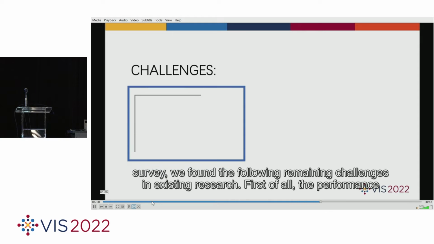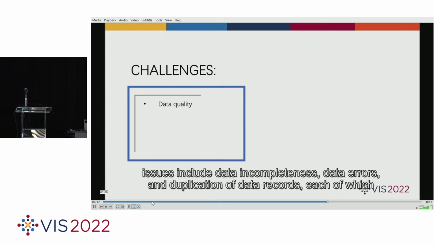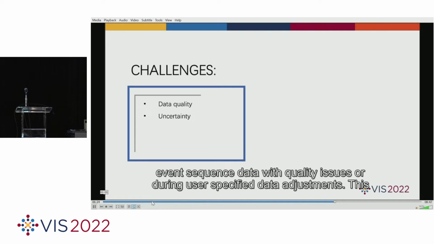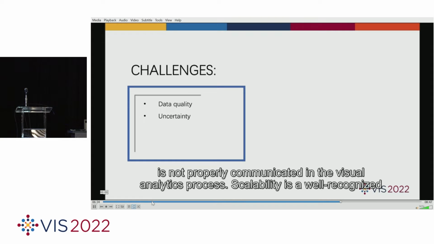Based on our survey, we found the following remaining challenges in existing research. First of all, the performance of data analysis techniques largely depends on the quality of data. Typical data quality issues include data incompleteness, data errors, and duplication of data records, each of which can mislead statistical analysis results. Moreover, uncertainty is introduced when analyzing event sequence data with quality issues or during user-specified data adjustments. This uncertainty can inhibit analysts from making optimal decisions if information about uncertainty is not properly communicated in the visual